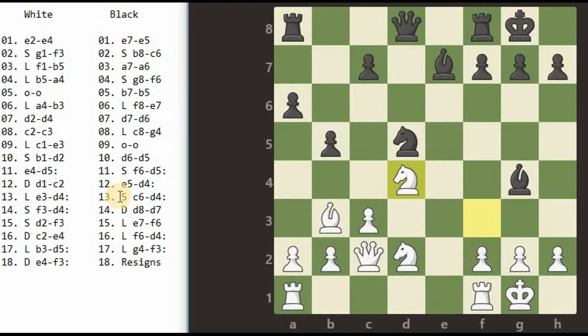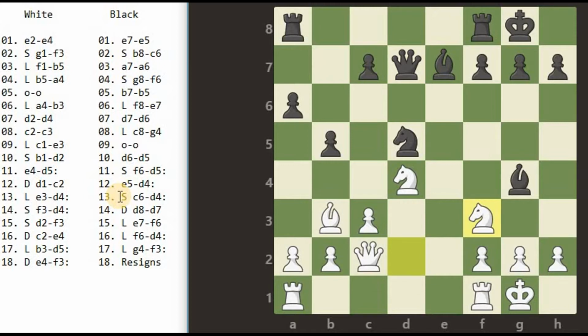White's knight takes the black's knight on d4. So the move becomes S, f3, d4, colon. Queen to d7. So it is D, d8, d7.